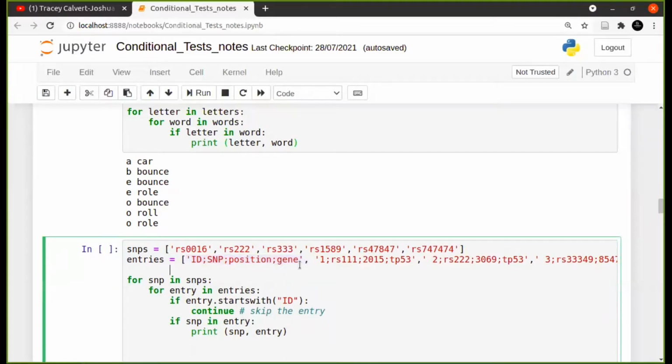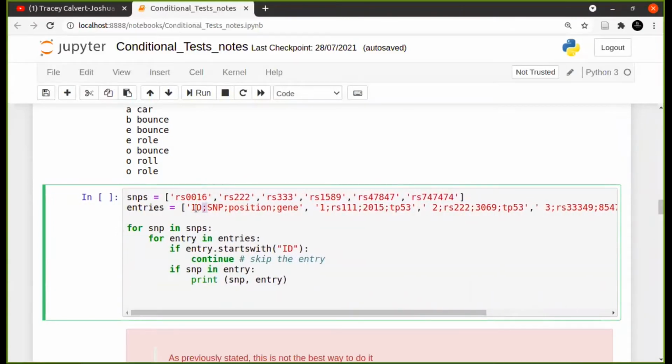So here it contains a kind of a complex string, which is separated by semicolons. But they all, if you look at it carefully, you will see they all kind of have the same format, except for the first one, which probably is the heading of all of this. So if you look at it, you will see ID, and you will see 1, 2, 3, you see SNP, and you see that looks like an RS number for a SNP. Position, that looks like it could be a position, and then gene, that looks like gene names. Okay, so